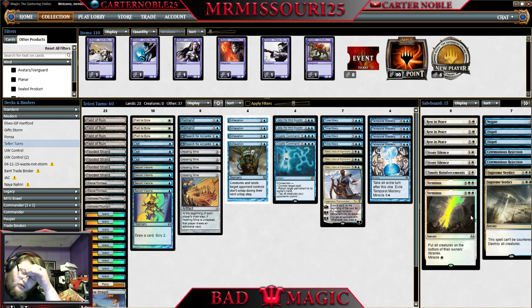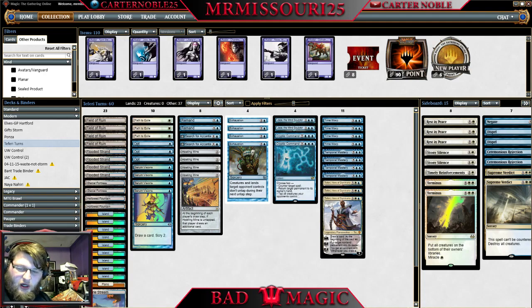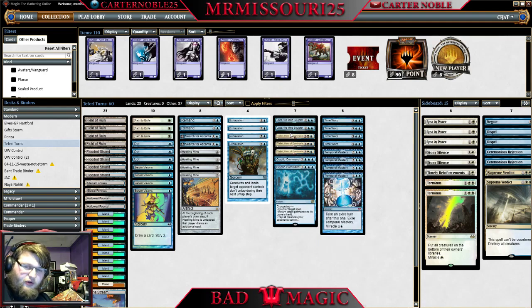All right, so we're gonna take some extra turns tonight. For those of you who haven't ever seen this list before, or a similar list, I should say, this is the archetype known as taking turns. We're gonna use Time Warp and Temporal Mastery to take extra turns and eventually win the game with